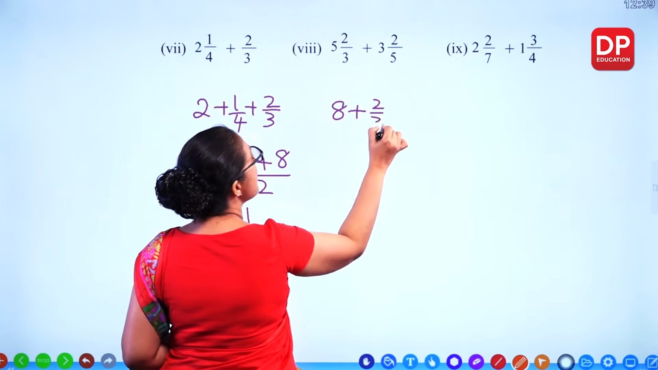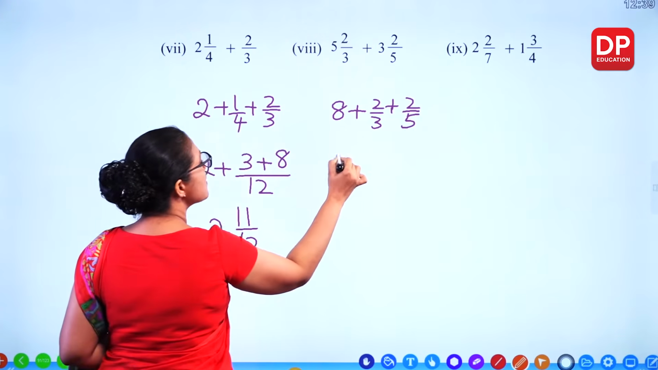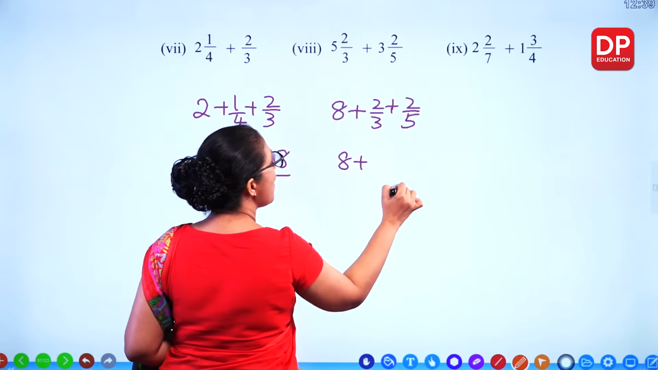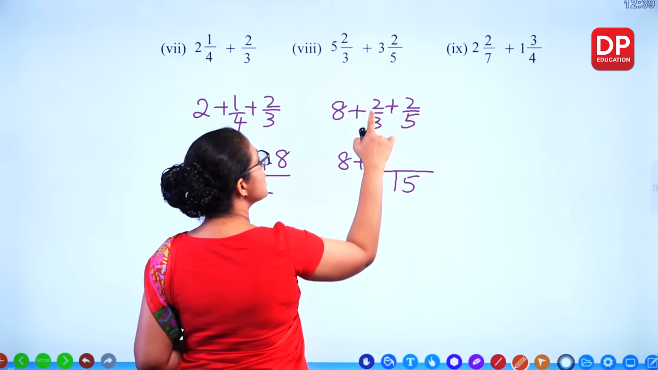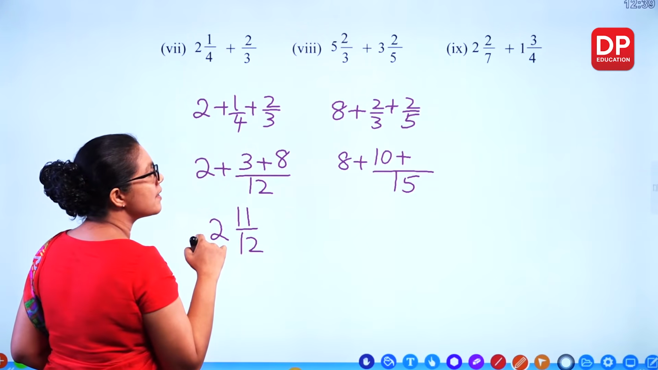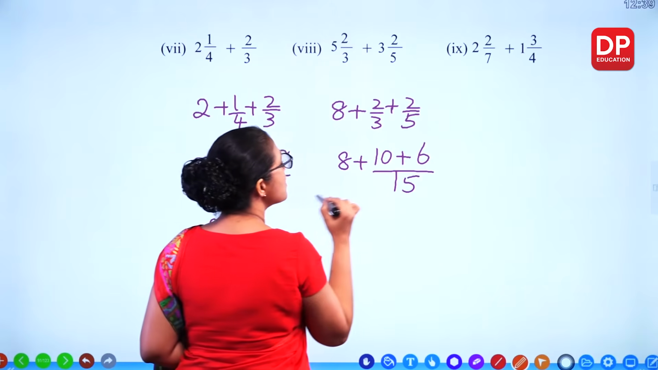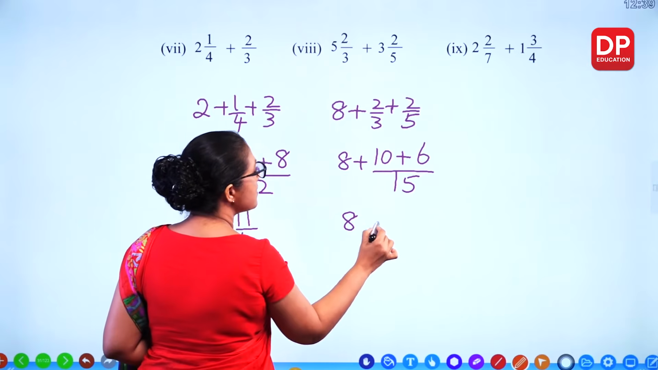Now 2/3 and 2/5, you add separately. What's the common denominator of 3 and 5? That's 15. So multiply by 5, that's 5 times 2, 10. This one multiply by 3. 3 times 2, 6. So you get 8. And here